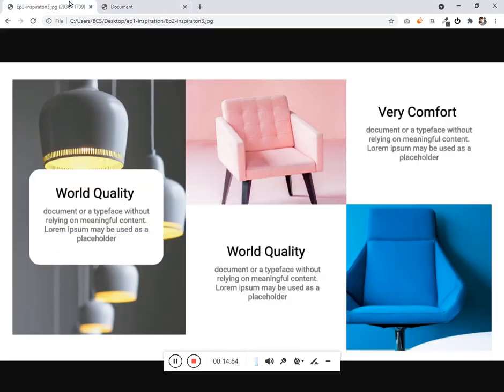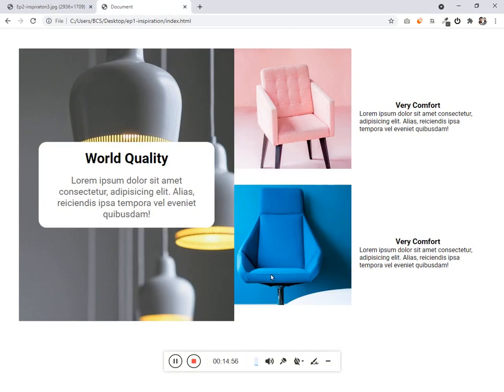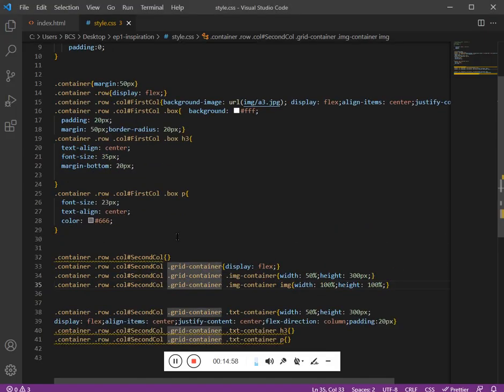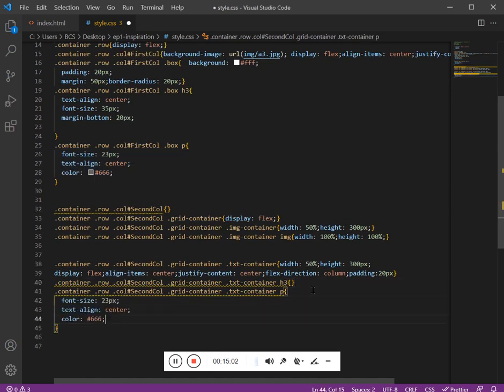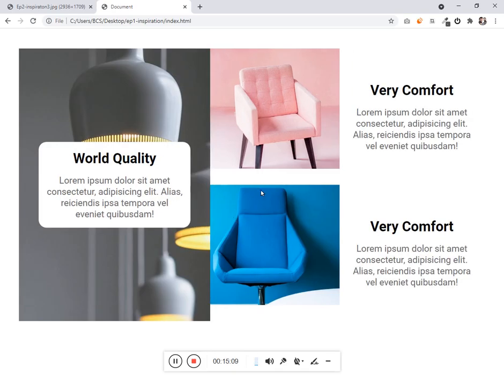And now we have to design the same thing which we have given here for the paragraph. Let it be this one, and for H3 let it be this one. Refresh it.